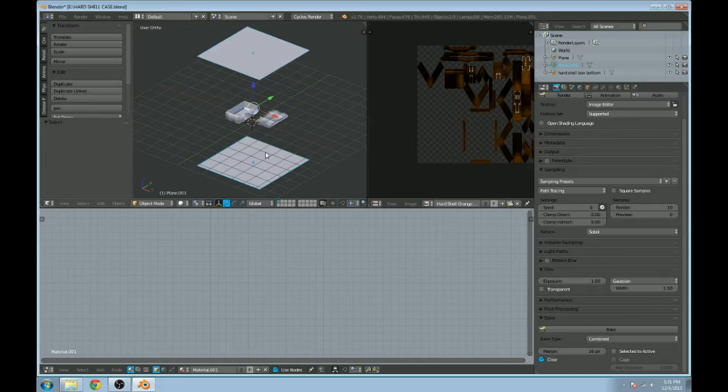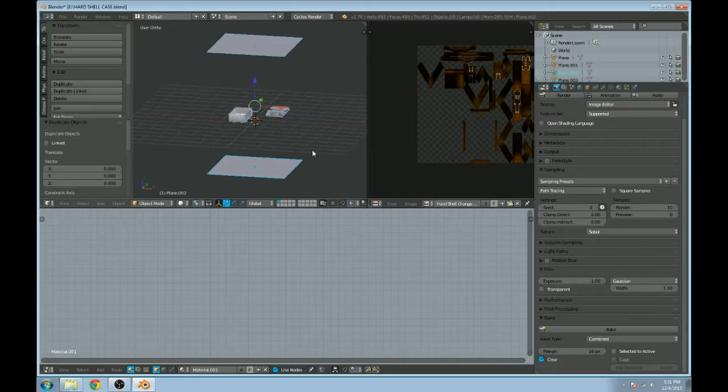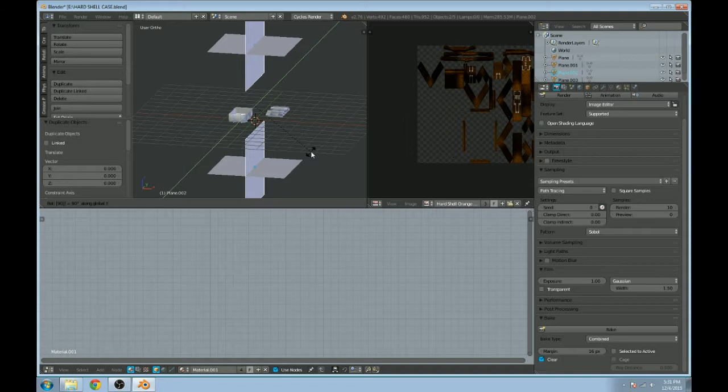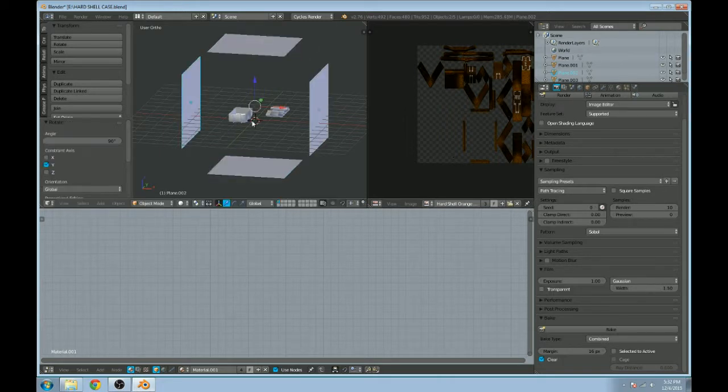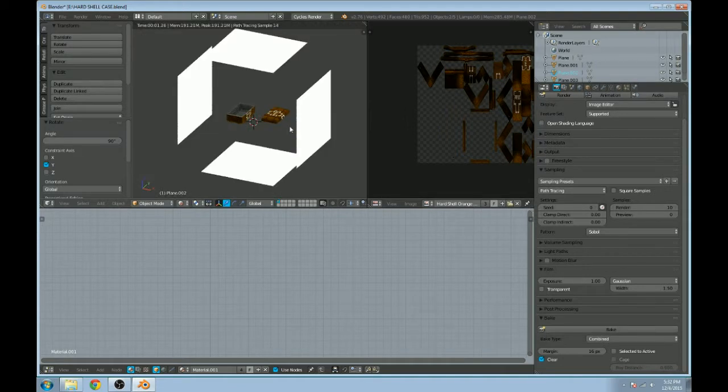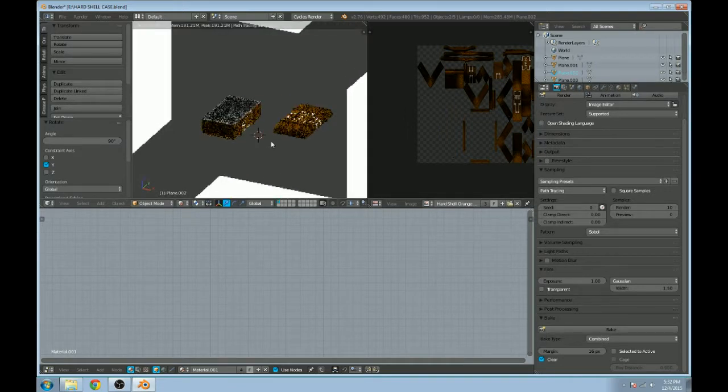But another thing I'm going to do before I proceed is I'm actually going to duplicate these two light, what do you call them? Light panels, and rotate on the Y 90 degrees. Actually, I have to set to medium point. Rotate Y 90, and now you have light that's coming from all around, and that's just mainly so that I can give them a little bit more,